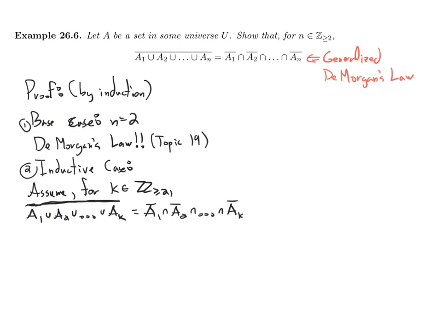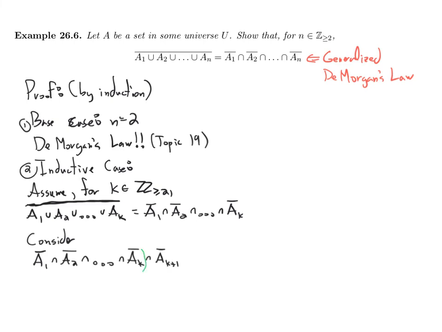Okay, now that we're back, let's consider A1 complement intersect A2 complement all the way to AK complement intersect A k plus 1 complement. Again, we're looking for a place to use our inductive hypothesis. So we're assuming that this holds. So if I bracket things like this here with those green brackets,